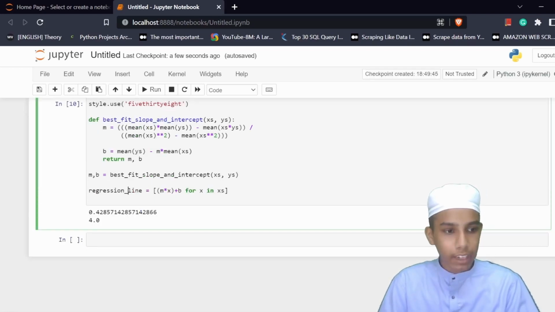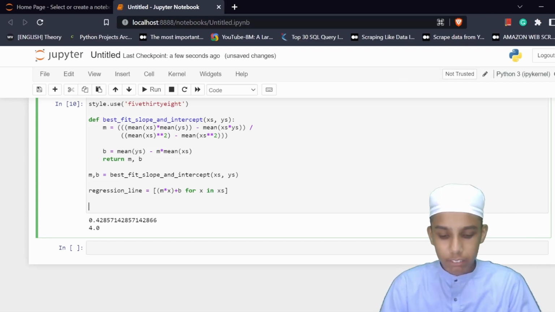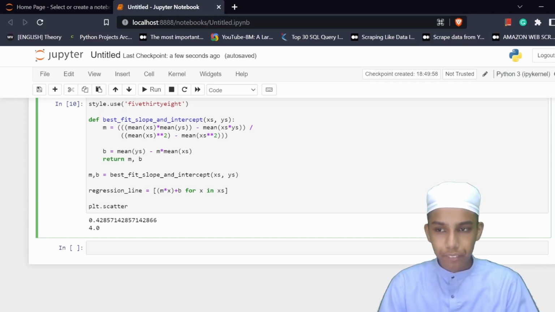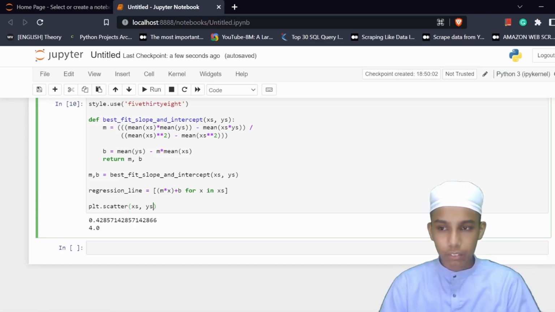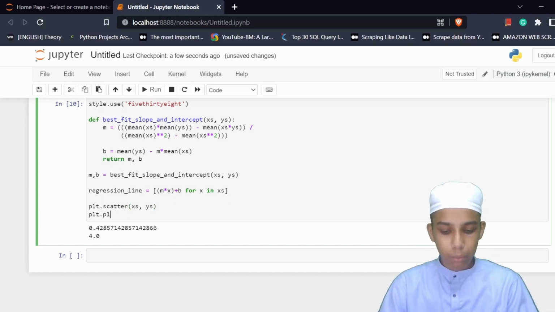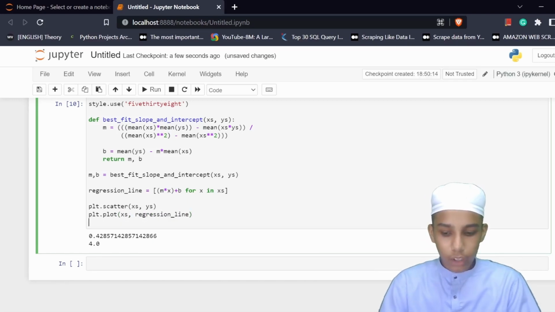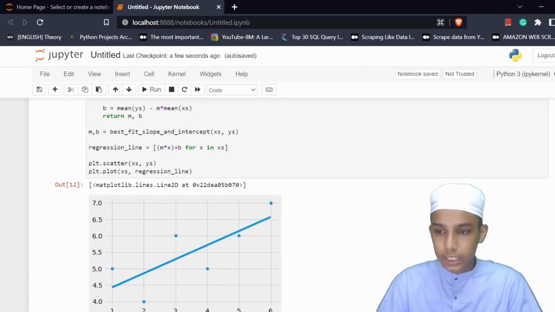So guys, you can see here we have the regression line. Below this one I'm going to plot. For plotting this, plt dot scatter with xs comma ys, and plt dot plot with xs comma regression line. Now I have to run it. As you can see here on the screen,